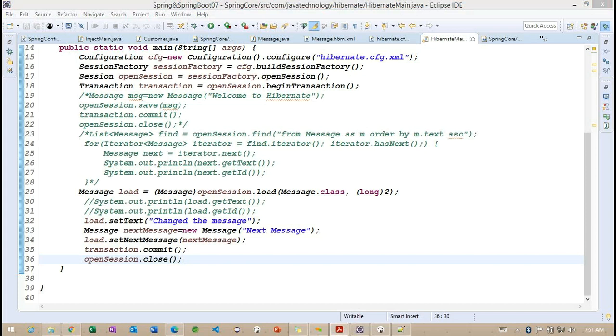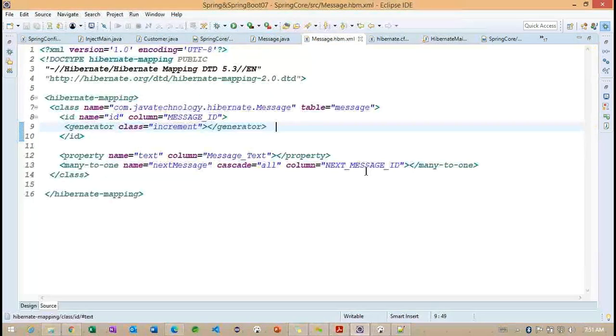Okay, did we miss anything in the configuration file? Get all: next message and next message ID, and the message ID, later setText message text.